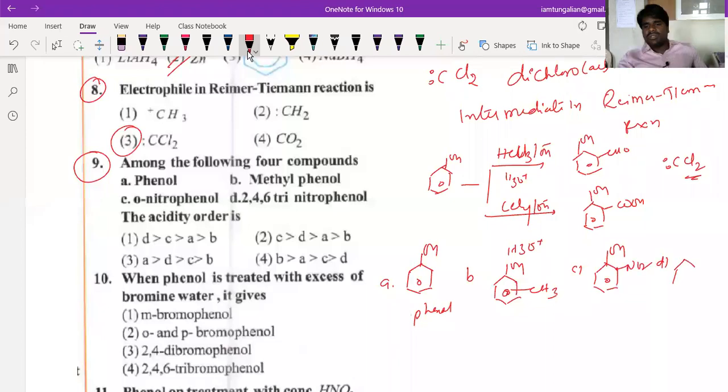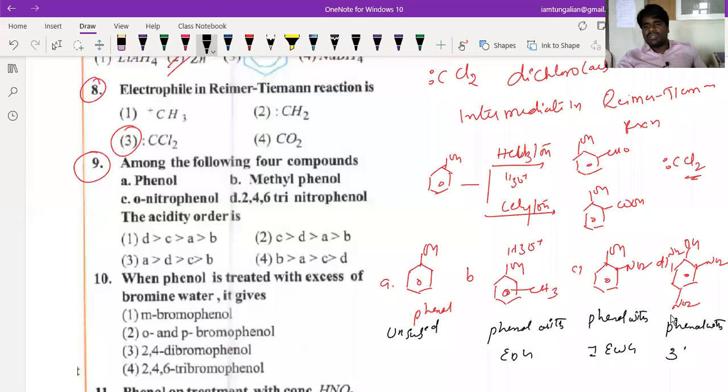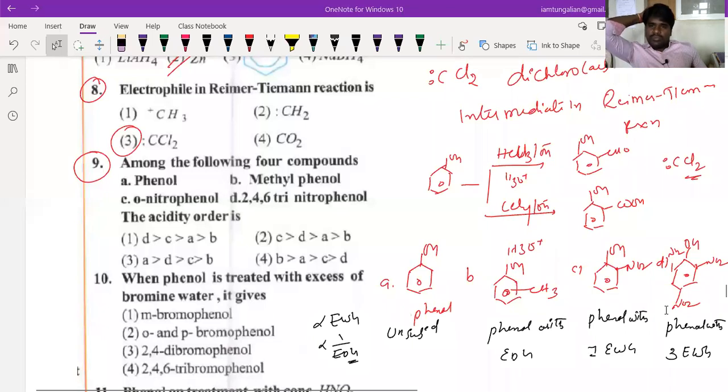And what is D given, beta? 2,4,6-trinitrophenol, beta. See, here this is unsubstituted, beta. What is this? This is unsubstituted. This is a phenol with an electron donating group, and this is a phenol with three electron withdrawing groups. So acidic character is directly proportional to what, beta? Electron withdrawing groups, and inversely proportional to what? Electron donating groups. You should tell me the order of the particular structures. Can you tell me the order, beta? I already gave the criteria. I open the chat box. Can you comment with the answer? Which should be the most and which should be the least, beta?